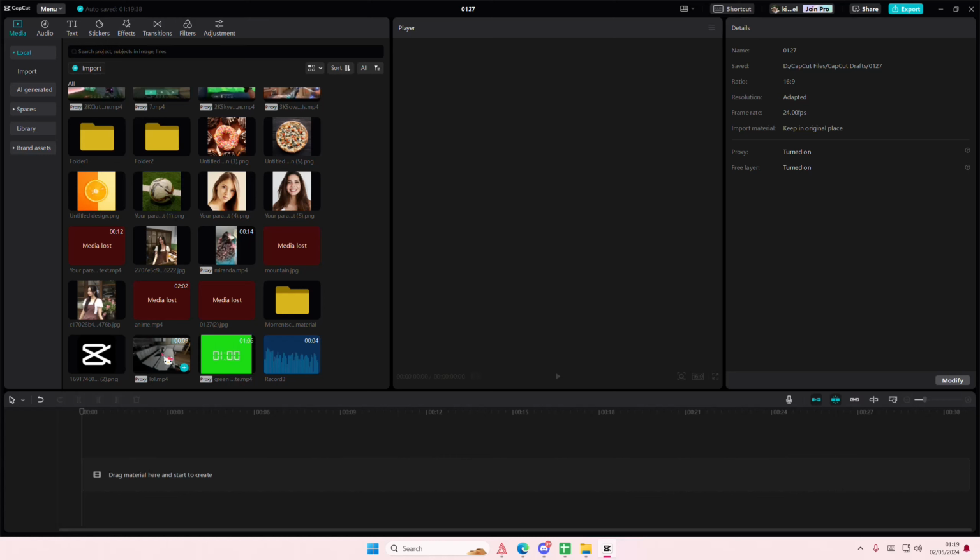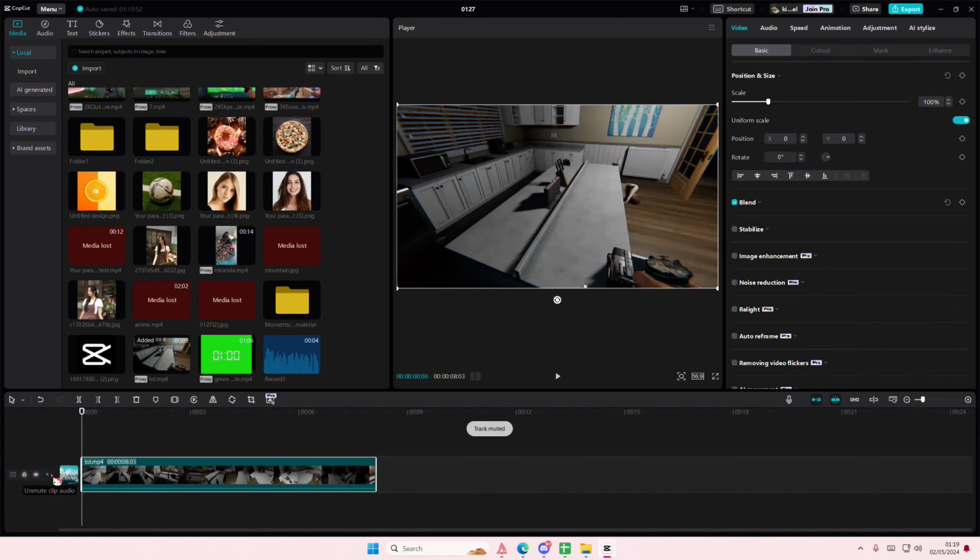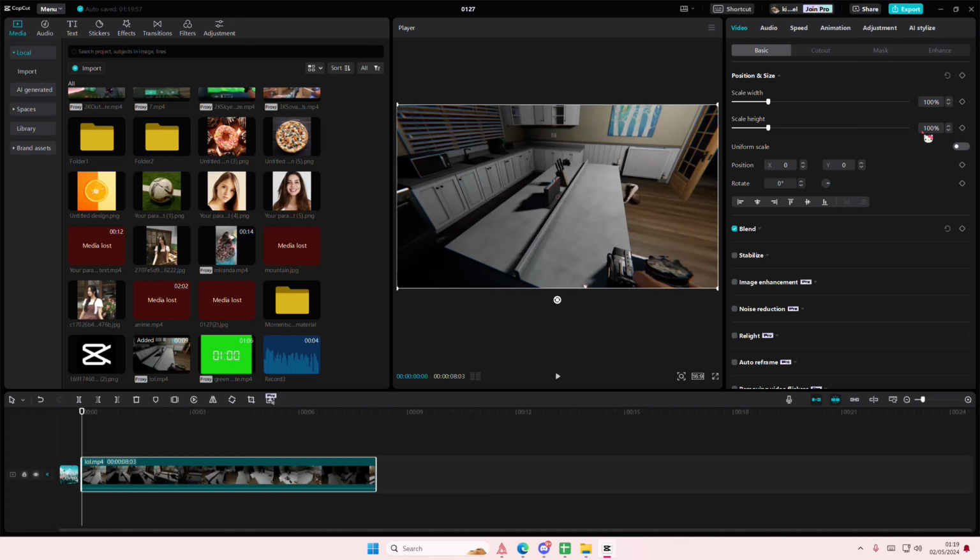In this video I'll be showing you guys how you can stretch your videos in CapCut PC. It is super simple. You can also do it with photos. So I'm just going to grab this video right here and go to position and size and basic, turn off uniform scale, and this is where you can stretch your video